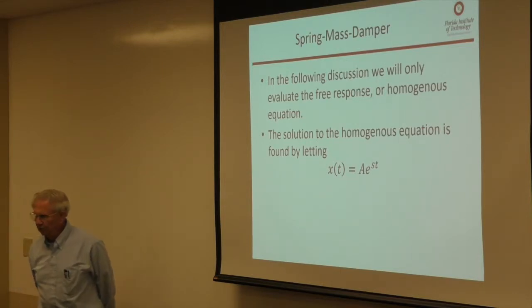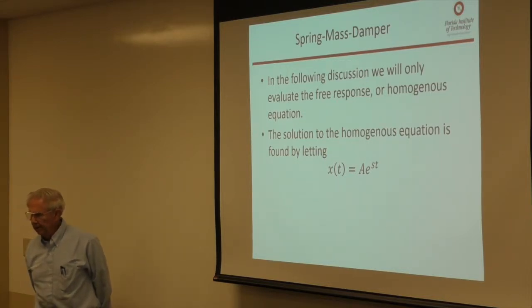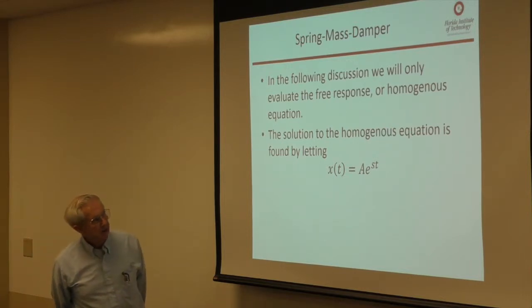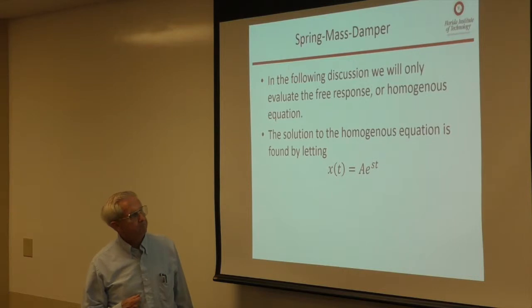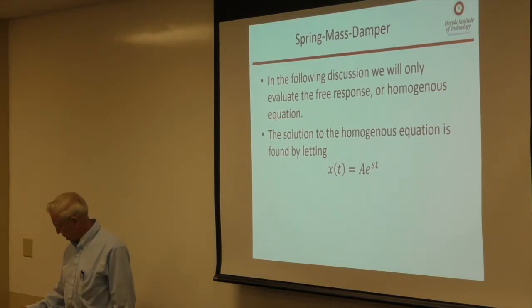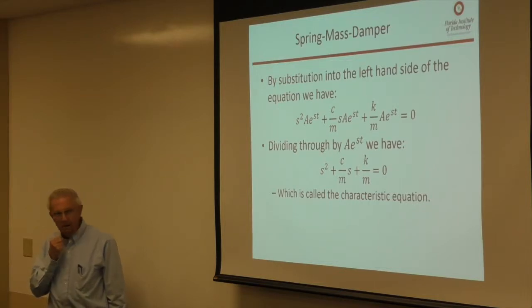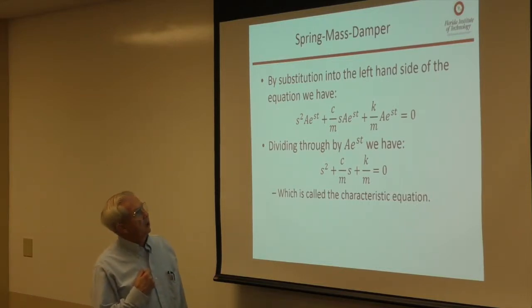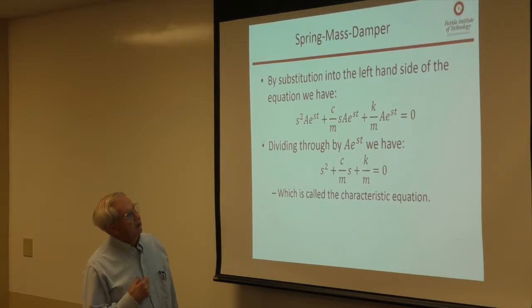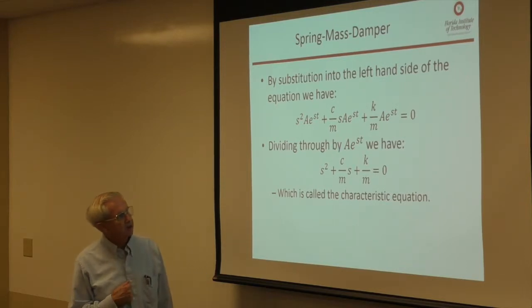Well, in the following discussion, we'll evaluate the free response, or what's called the homogeneous equation. And the solution of that equation is x, which is the distance, right? As a function of t, a coefficient A times e raised to the st power. And if we substitute that into the left-hand side of the equation, we end up with s squared plus the operator, times A e to the st, and so forth. And if we divide through by A e to the st,